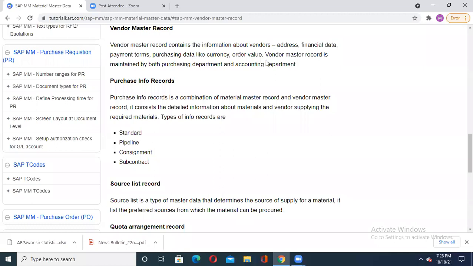You have to be very careful about who maintains the vendor master data. The vendor master record is generally maintained by both the purchasing department as well as the accounting department. Why is the accounting department in the picture? Because it is related to financial data. So you are supposed to be very clear. But the main material master is maintained by the purchasing department.